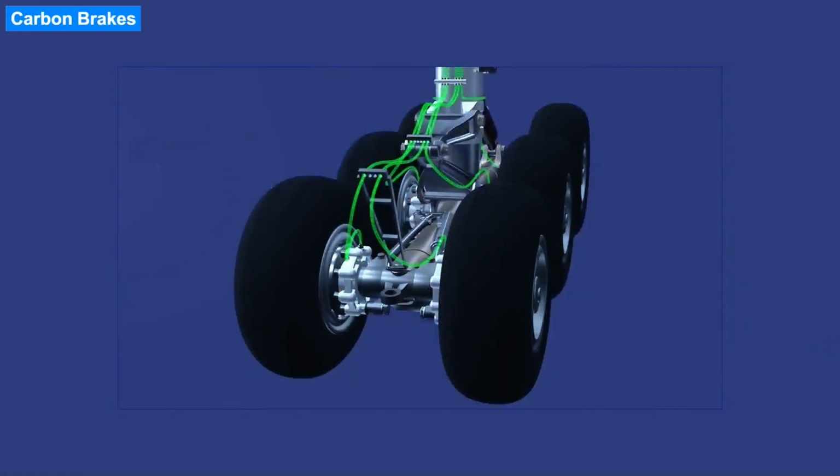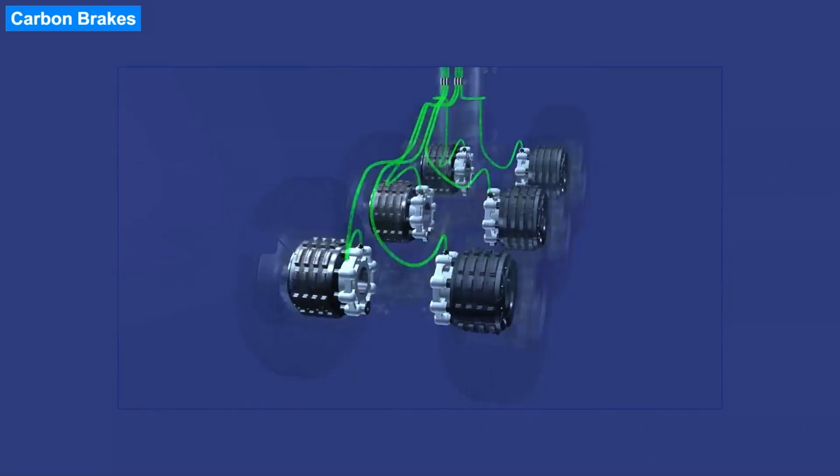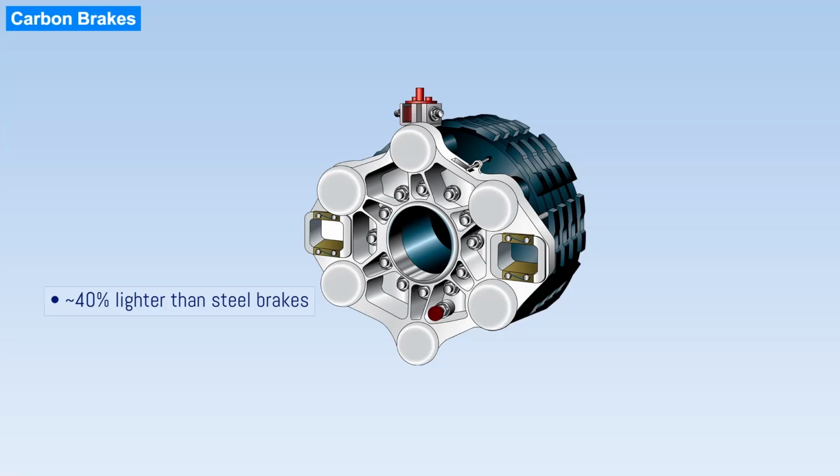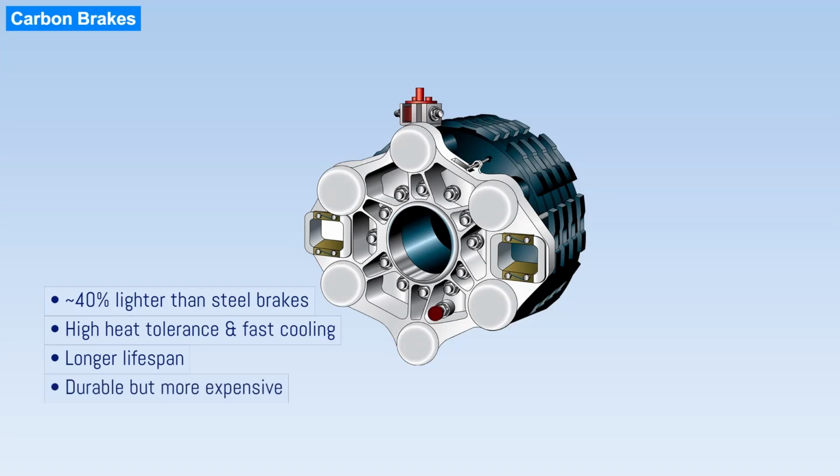Carbon brakes represent the latest evolution in braking technology. Built from carbon fiber materials, they are approximately 40% lighter than steel brakes, significantly reducing overall aircraft weight. They withstand much higher temperatures, dissipate heat quickly, maintain structural integrity under extreme thermal conditions, and last 20 to 50% longer than steel brakes. The primary limitation of carbon brakes is their high manufacturing cost, though this is decreasing as